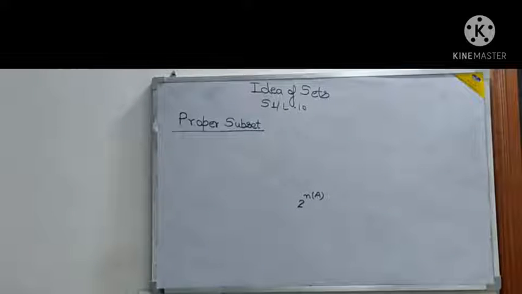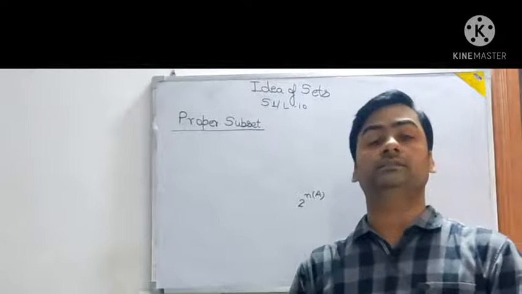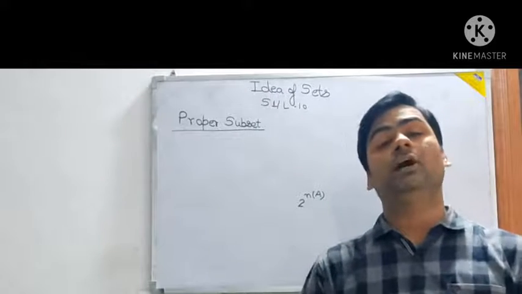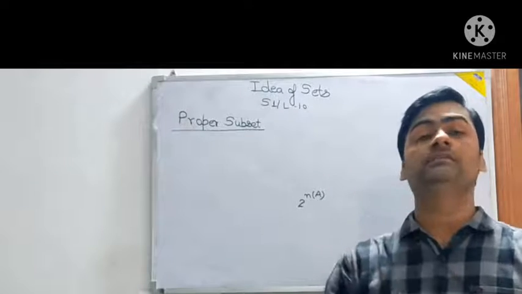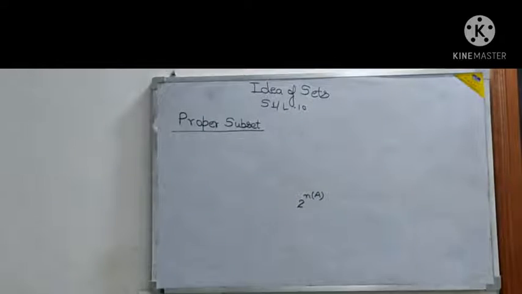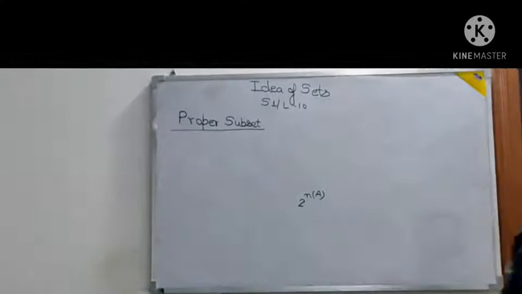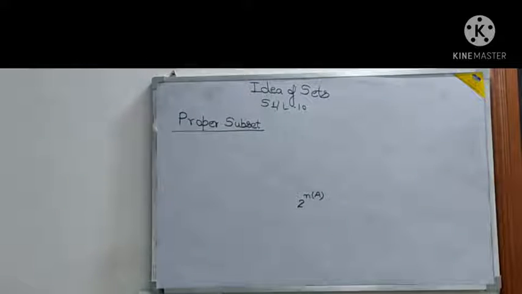Okay, we had done an example also, not from the exercise, which was about how many subsets. Suppose there are 3 elements. So 2 to the power 3 is what? 8. 8 subsets are there. And we had done a question also for finding out the number of subsets.